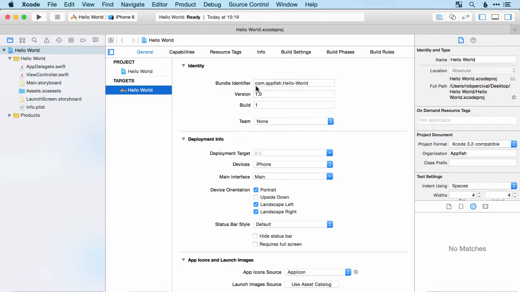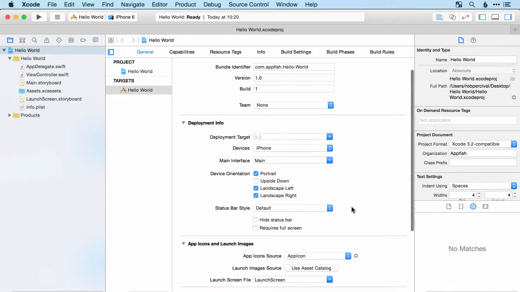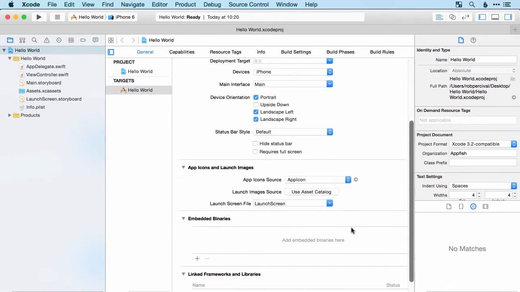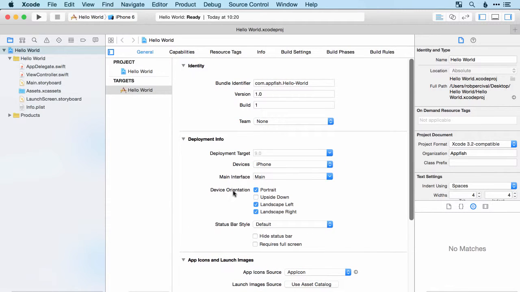So we've got something called the bundle identifier, which is a unique identifier for our app. So it starts with com.appfish, as we saw a minute ago, and then it has the name of our app. And then we can change things like version number, build number, or the team that's working on, deployment target. So this is 9 because we're targeting iOS 9. We can change from iPhone to iPad and to a universal app. We can choose the device orientation that's supported and work with app icons and a load of other stuff as well. So we'll be coming back to this as we want to do more advanced things later on in the course, and we'll look at these other options as well